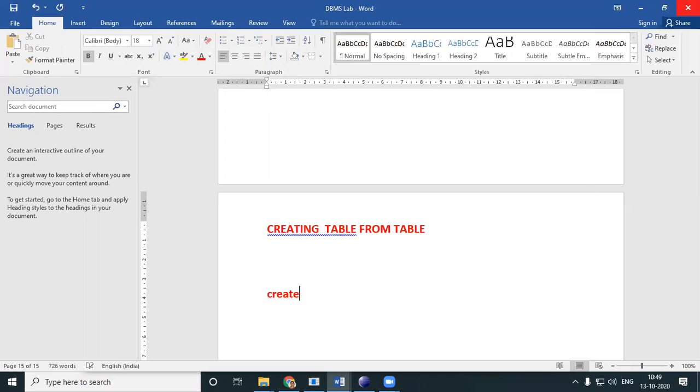Okay, so the syntax is create table, new table name, field 1, field 2, etc. How many ever fields you want, as select.